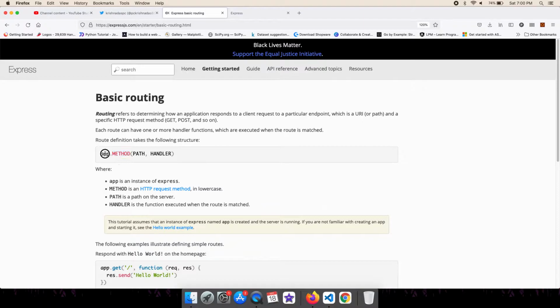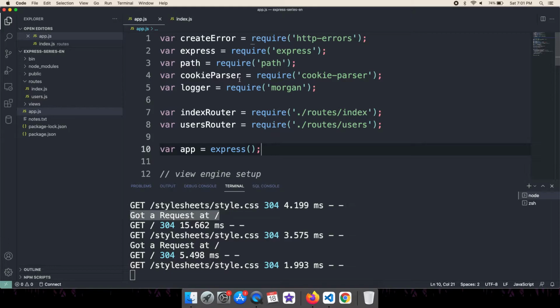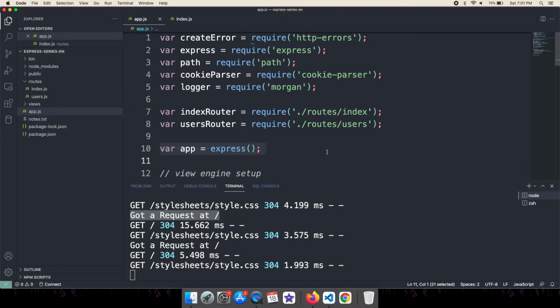Here app is the instance of our Express application, which is created in app.js, which you can see here. Using that instance we are creating our routes.